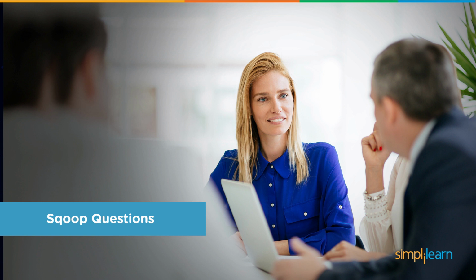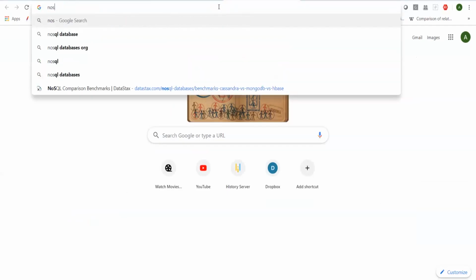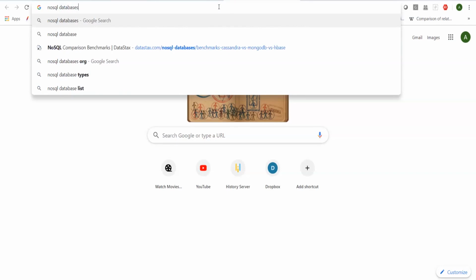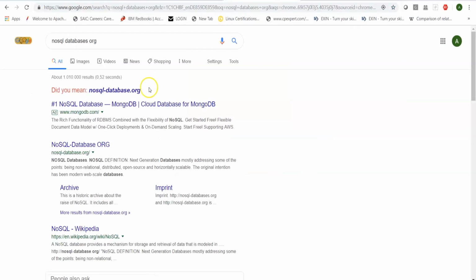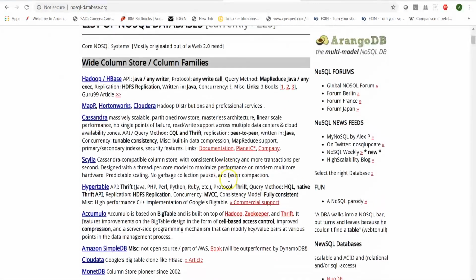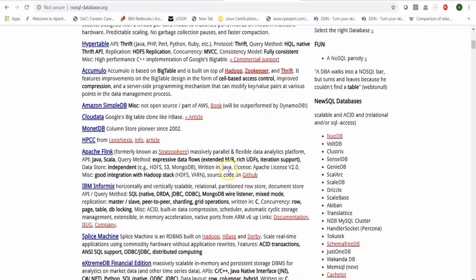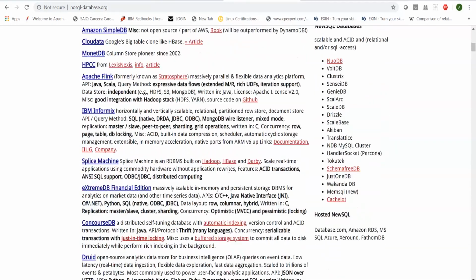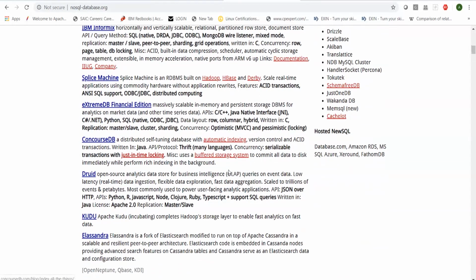If you want to learn about more NoSQL databases, you can go to Google and type nosql-database.org, and that will take you to a link which shows there are more than 225 NoSQL databases in the market, used for different use cases by different users and with different features. So have a look at this link.